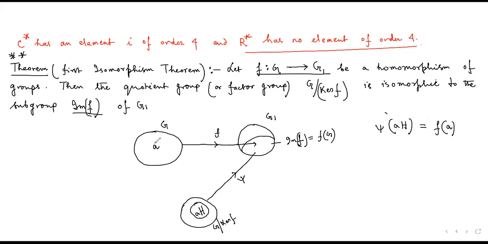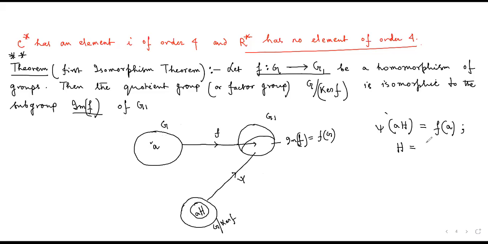That means you select an element a from here, and with this a you form the coset, which is a member of this quotient group. Here, this coset aH has been formed by an element of G. Now, what this figure is showing: if I apply the function psi on this coset, its image will be exactly equal to the image of the element a with respect to the function F. And not only this,